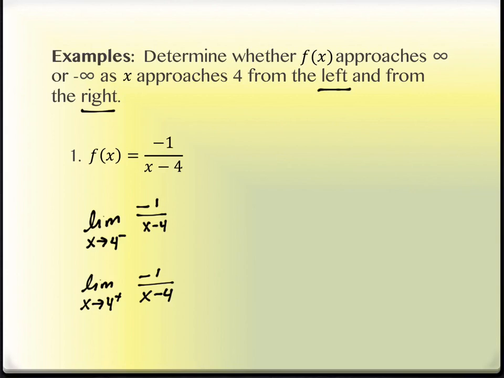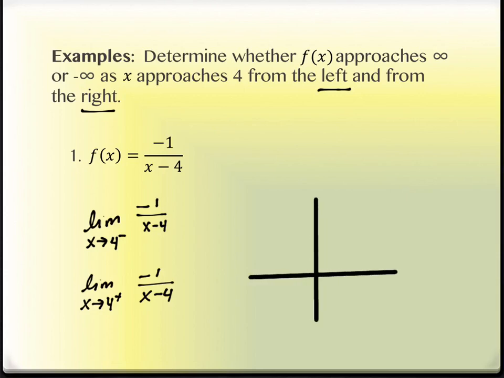But they're both viable options here. I can either create a table that represents each of these pieces, right? One that shows the 4 values coming from the left, so that means the value is slightly smaller than 4, like 3.9. Values coming from the right, slightly bigger than 4, like 4.1. I'm going to do a graph because I want you to see how that works as well as a reminder.